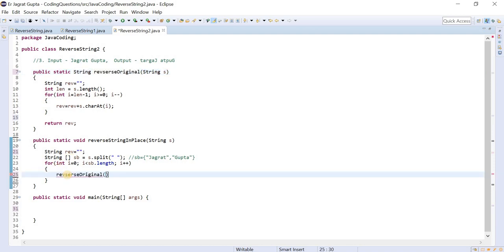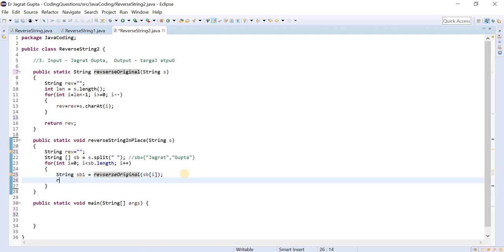So now I will call this function here. And what will be the input inside it? sb of i, because the very first word is this. When i is equal to 1, the next word would be this. And what will it return? It will return a string, let us suppose sb1.